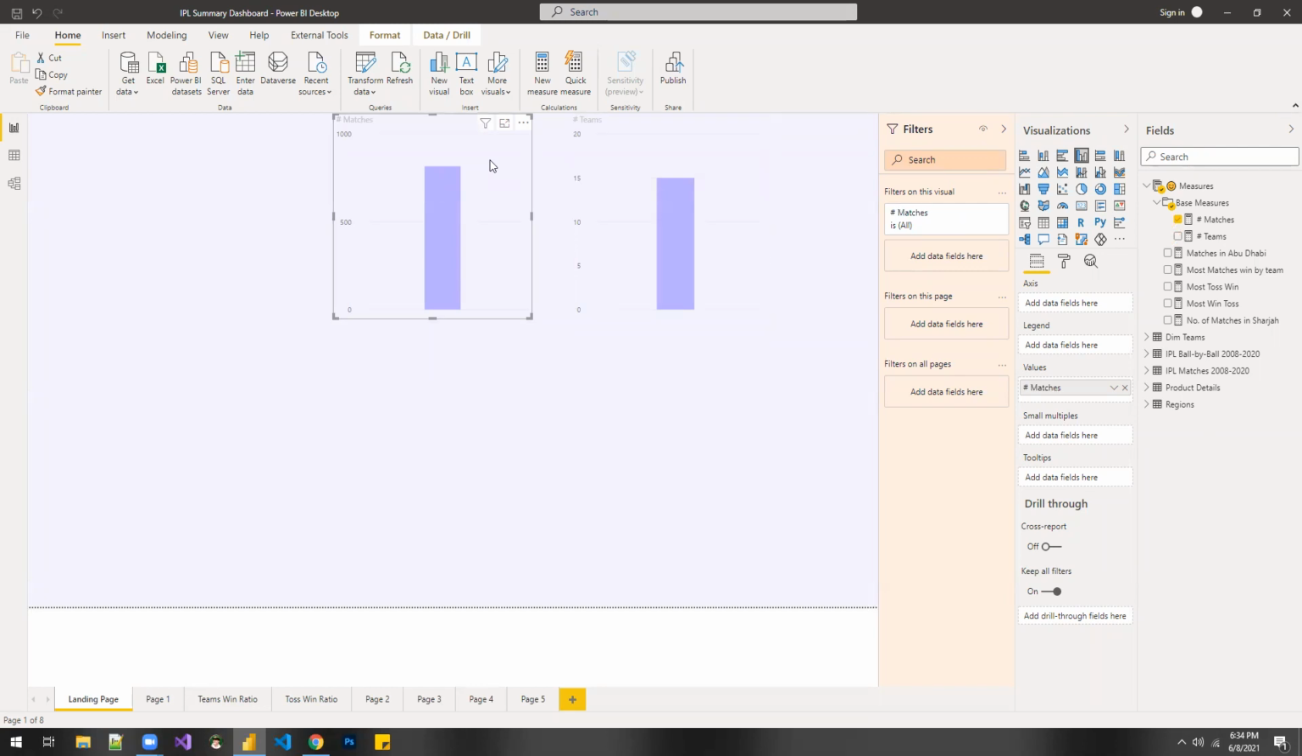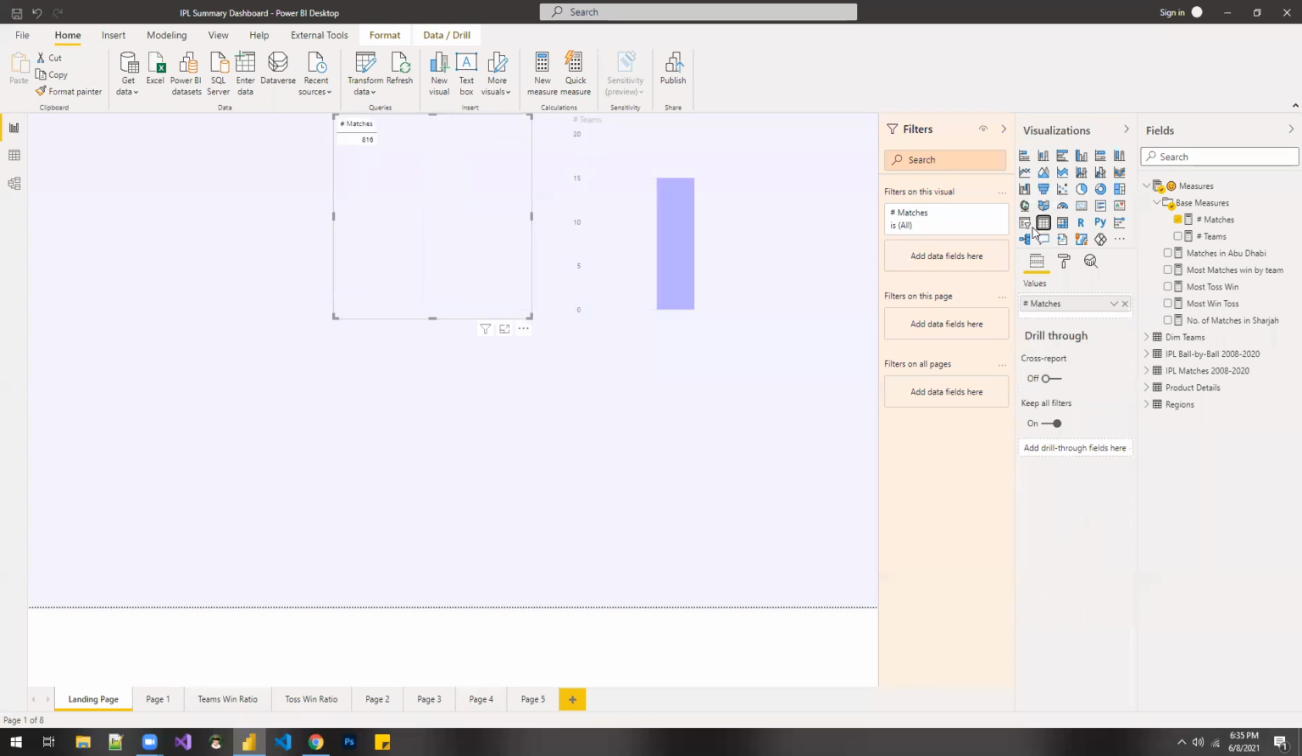But let's say for number of matches, I want to change it to a table visual. Then I have to first select this table visual, and then within the visualization, I have to select this table. So you could see this is giving me numbers. So it's a total of 816 matches. And now I can take any of the fields that I have available here and then try to get the